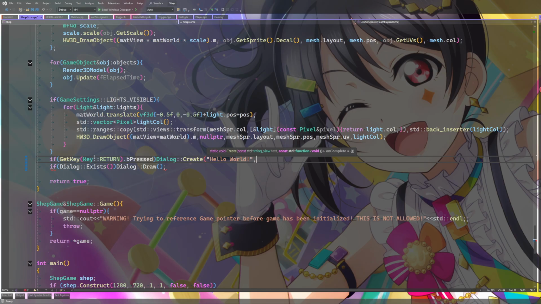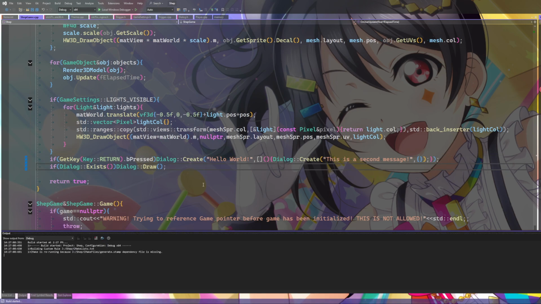And then we can do a test of the second one, of a continuation one, and say on finish, create another dialogue called this is a second message. So this is one way you can chain multiple conversations as well if you want.